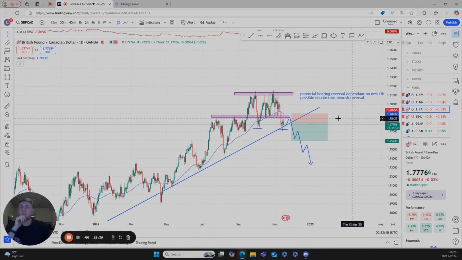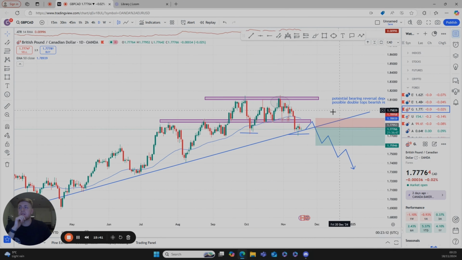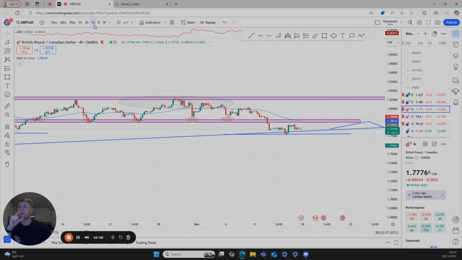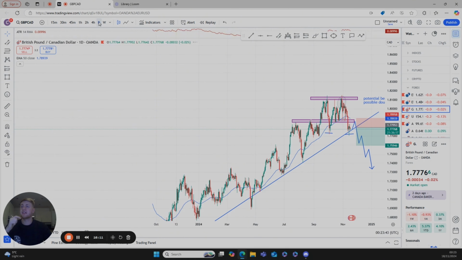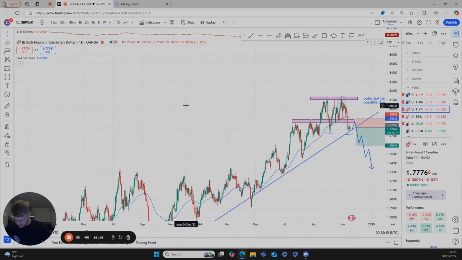We've also got this candlestick pattern here, which off the top of my head I cannot remember, but I've got it here. It is the tweezer top. So it's basically where the candles are the same height, which is a bearish reversal pattern at the top of a bullish market.